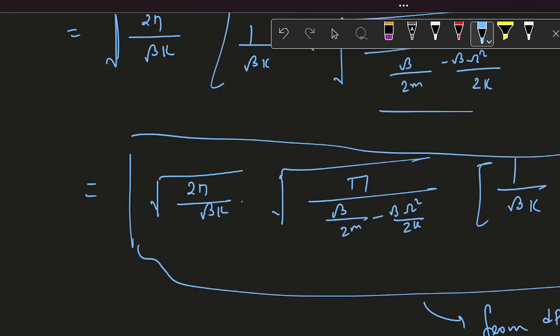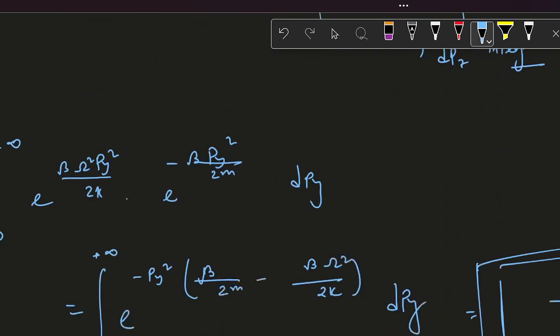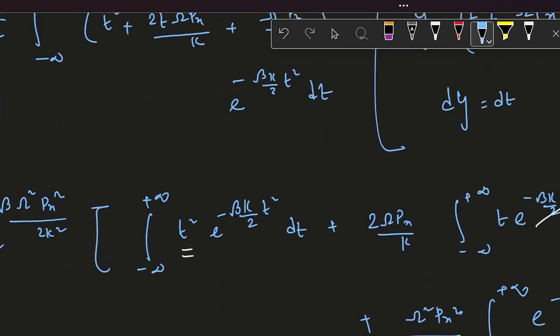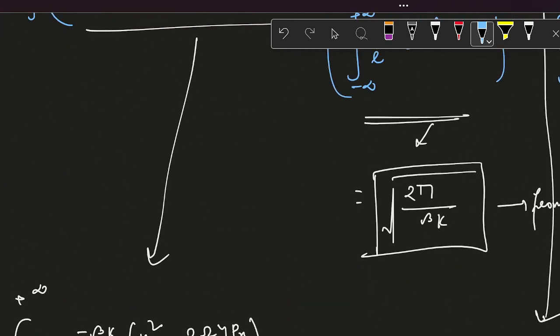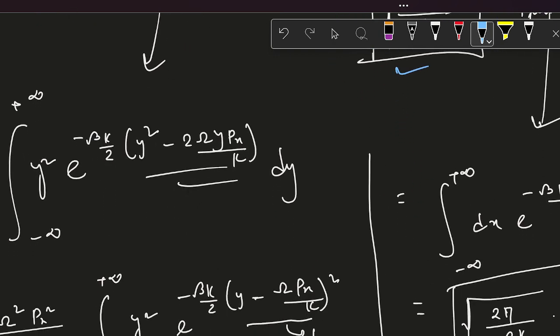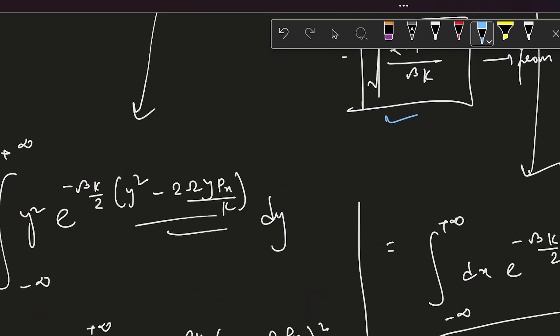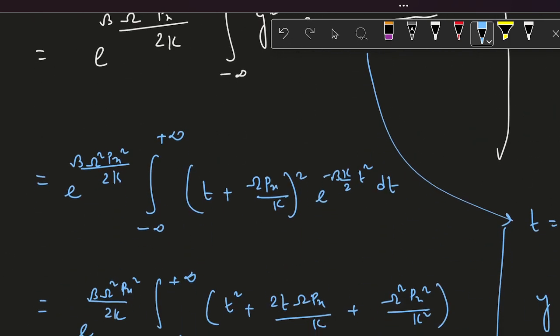just take the multiplication of all the separate terms, like what are the terms that are coming from the start. So this is from dz, so root over 2 pi by beta k, into dx root over 2 pi by beta k, so this is 2 times root over 2 pi by beta k. Then, this part is not taken because lastly this part was involved inside the py integral, so we will not take that. And then